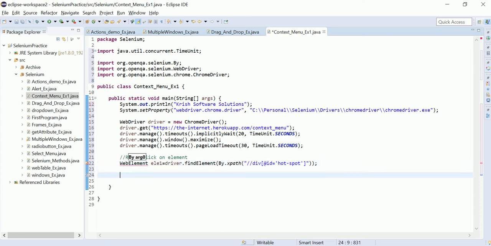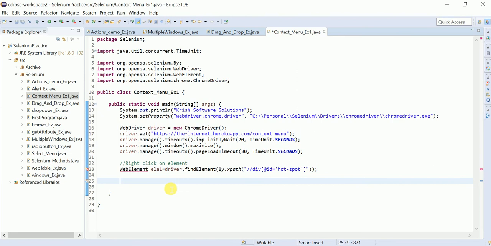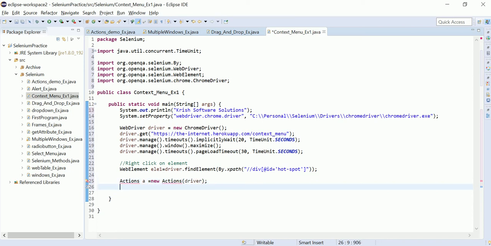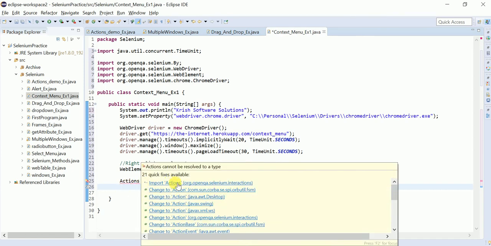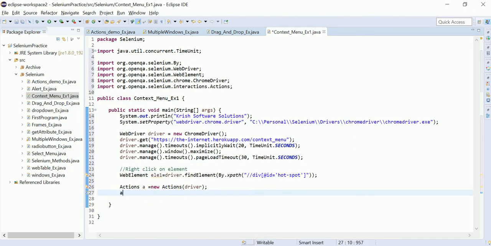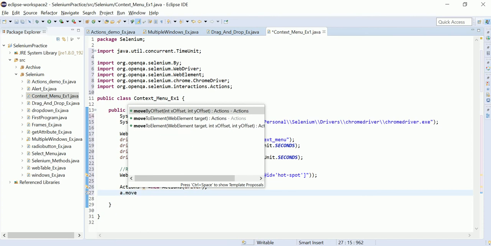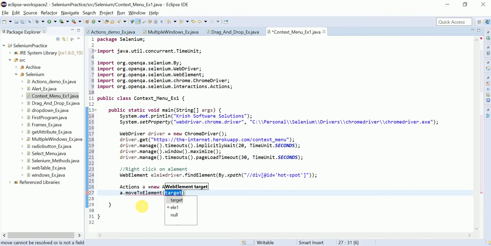I want to perform a right click operation on this element. Import it. First, what do we need to do? We need to create an Actions class object, and as an argument you need to provide your driver. Import the Actions class if it is not imported. a dot, first you need to move to that element.